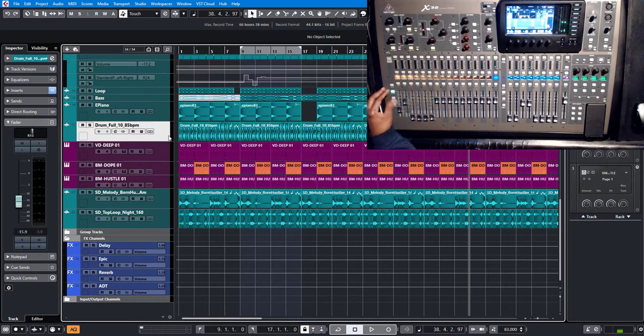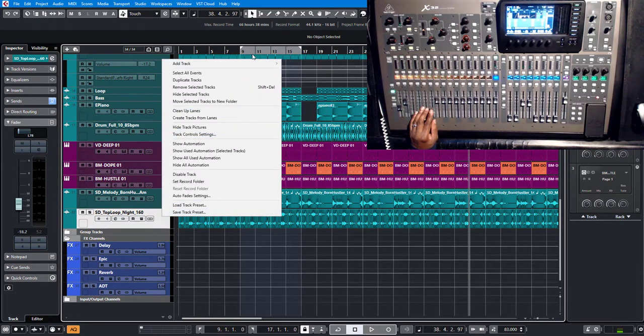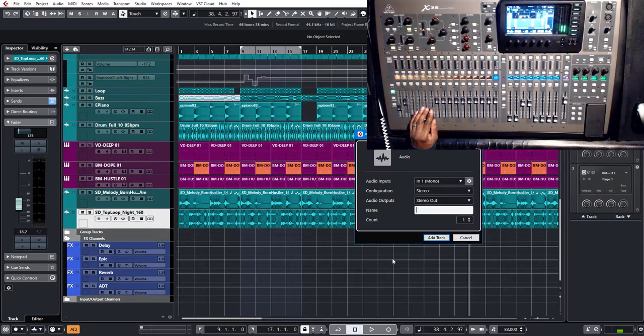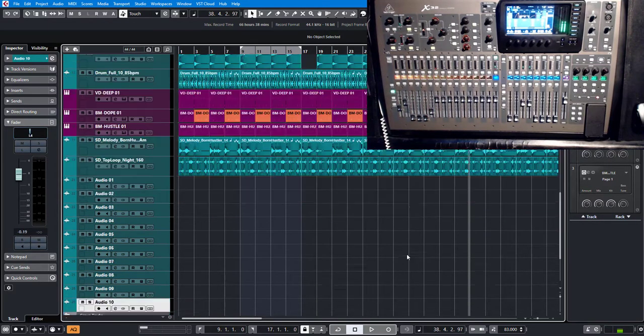So this says 17. Yeah, so that's 17. So I would take the difference of that and add that many tracks. See, 17, 18, 19, 20, 21. So this should be at 22. So if I added 10 more tracks from this point, then I'll have my 32. So if you're doing like a rap session or somebody coming in and they rapping or